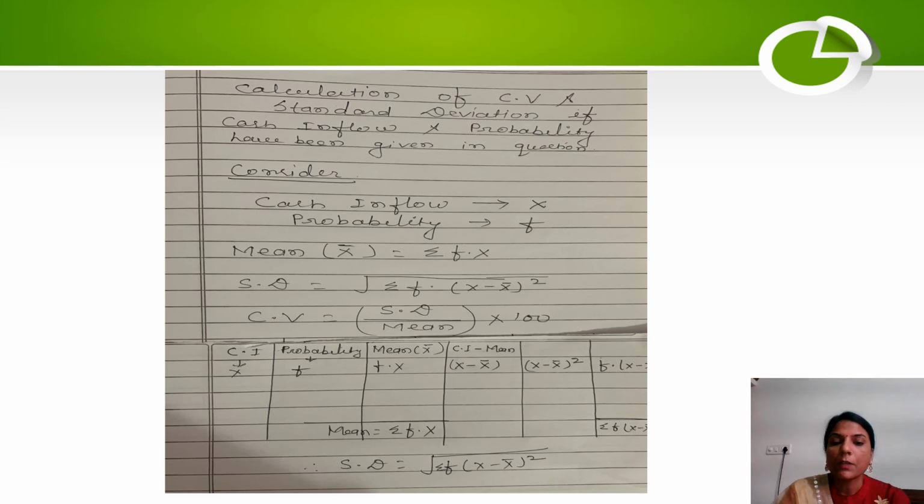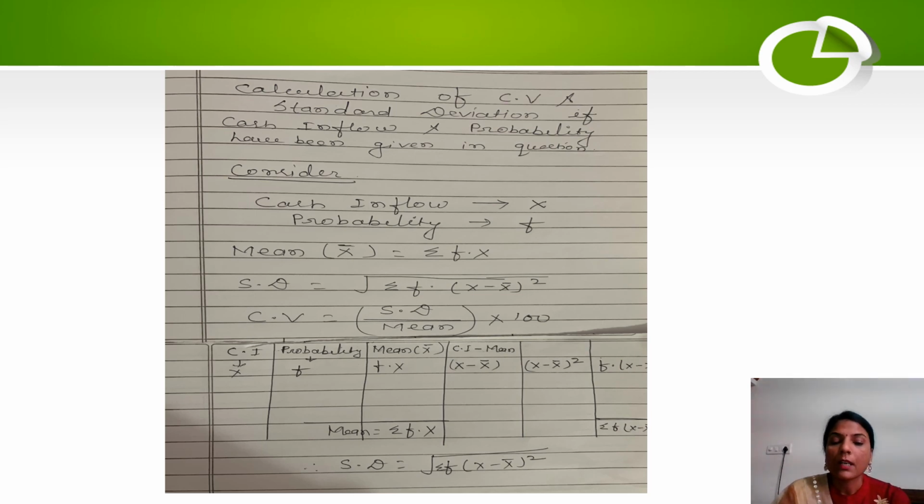And then the standard deviation formula will be the square root of summation of F, the probability, multiplied by (X minus X average) squared. And the coefficient of variation formula is standard deviation divided by mean, multiplied by 100. So in any problems, if they have given you X values, we will consider